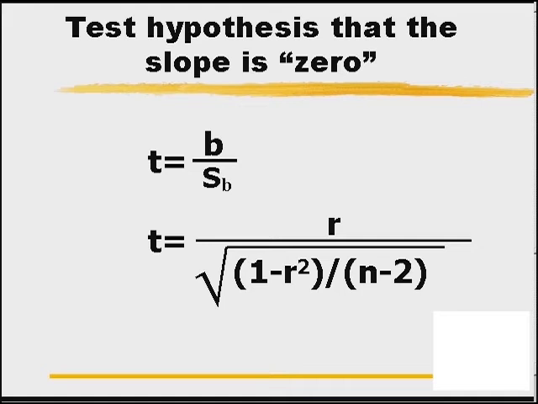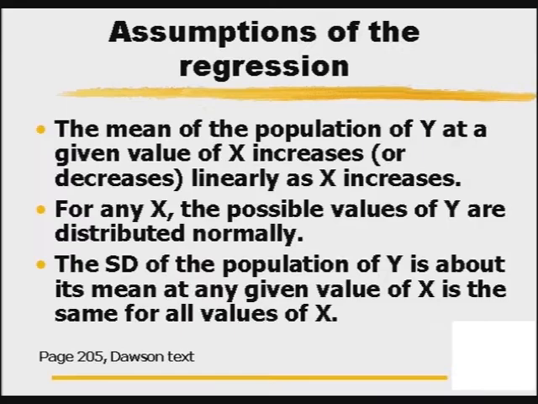So let's move along and begin to look at the assumptions of regression that must be met in order to finally accept the results. Well, let's take a look at the assumptions of the regression statistical technique, or the ordinary least squares. What we're looking at is, first of all, the first assumption, and this one is really the least robust, or the one which is least able to be violated, and that is that the mean value of the population of y at a given value of x,